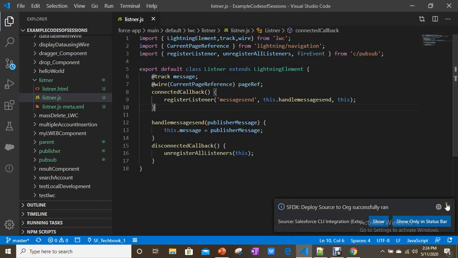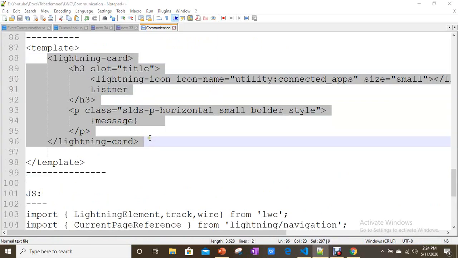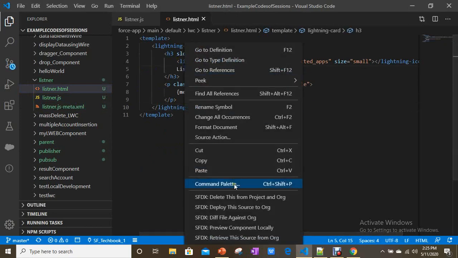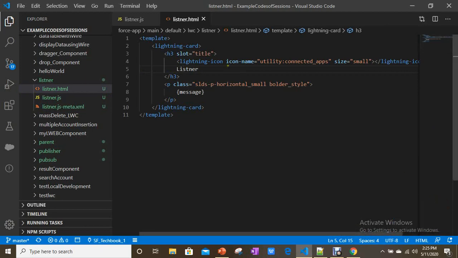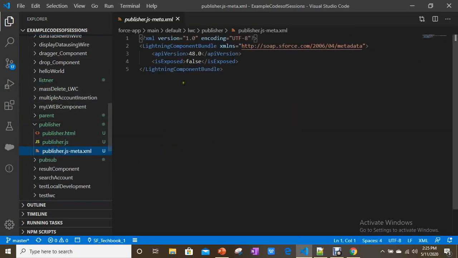Now I'm going to add markup for this, simply listener. So now let's configure our publisher. So here we are going to display a message from the publisher on the listener, nothing else. Here if you go to the publisher, let's see whether we made it available for app page or not.